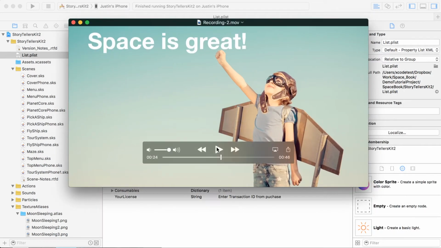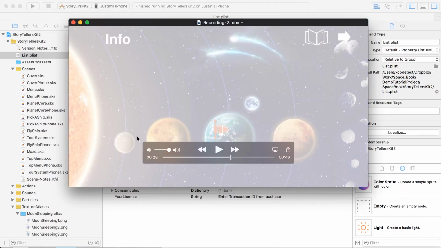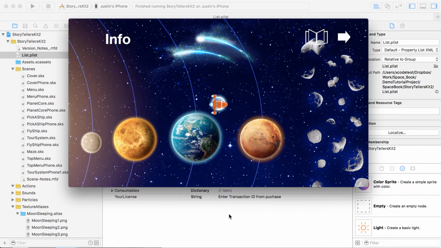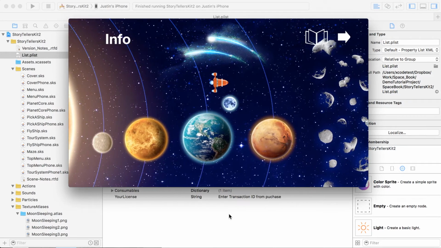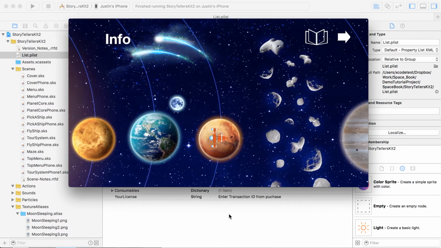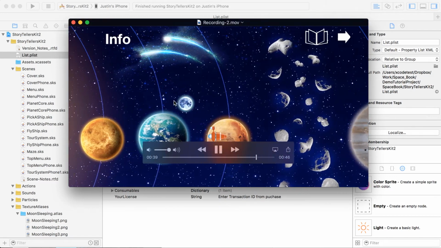And for this example, not this one right now, but in just a moment, I want you to see it on my iPhone, because I'm going to put in some cool particle effects over here that I just don't trust the simulator to run accurately. So you can see that this is actually recorded from my phone, and the little ship is moving around, and you can even tap a little bit quicker than the 1 second it takes to get around, and you would notice that it actually even stopped going